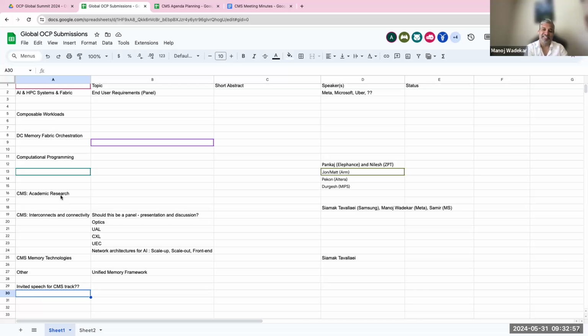What I had seen last time from the server side was that whenever there were memory related topics, they would come to us, Reddy, and me, and Siamak was also helping from the CXL track perspective and in general guiding it, because he was the incubation committee representative for us. What we ended up doing was basically that. We had a lot of things we wanted to make sure got represented, so we had proposed people to either combine, or we combined multiple things as a panel. We are trying to do it now proactively and see if we can do it upfront so we can reduce the work later.